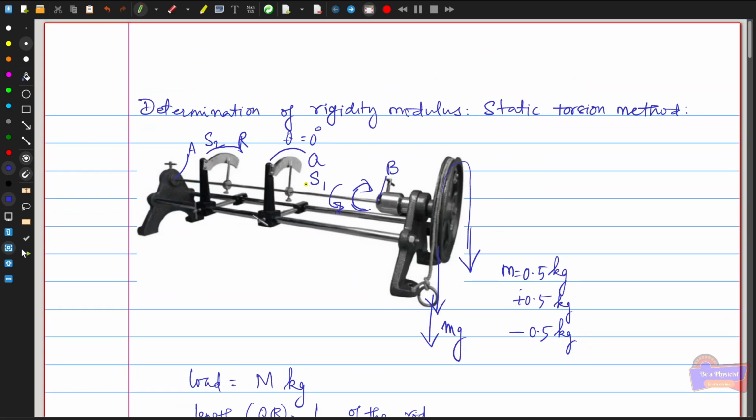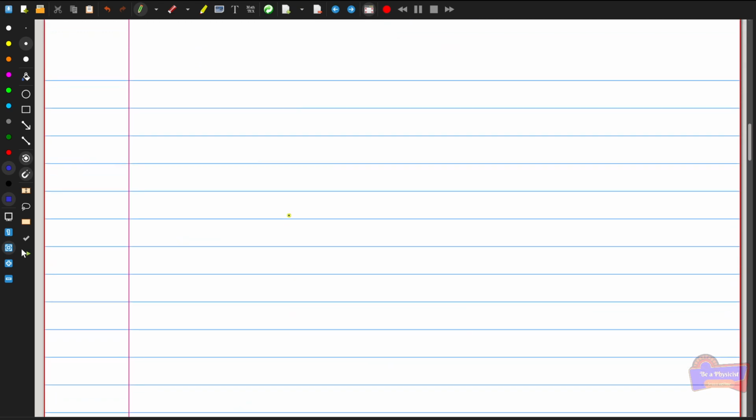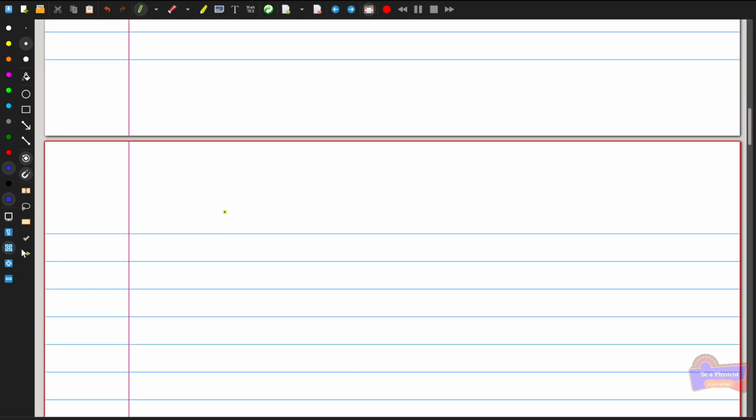In this method we have two scales, S1 and S2, and we are measuring the angle. Suppose the wire we have taken has high rigidity. Then even if we add high loads, the deviation from zero is very negligible or very small. In that case, we cannot accurately measure the angle which has deviated. So instead of taking this static torsion method, we have another method, which is called